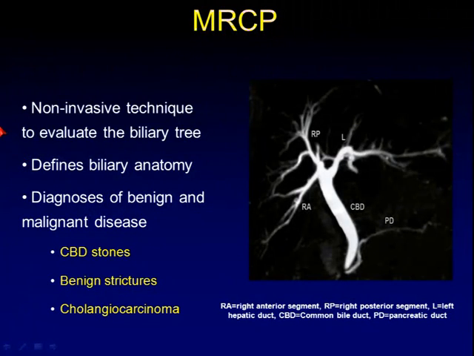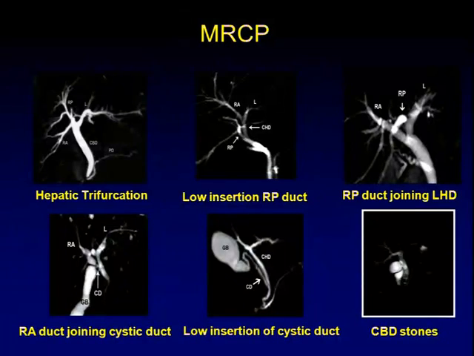And you can see this is what we call an MIP, so an enhanced image. It gives very excellent detail of the biliary tree and the pancreatic duct. Here again are some examples of the common variations that we'll see. A hepatic trifurcation: you can clearly see the right anterior, posterior, and left ducts coming together as a